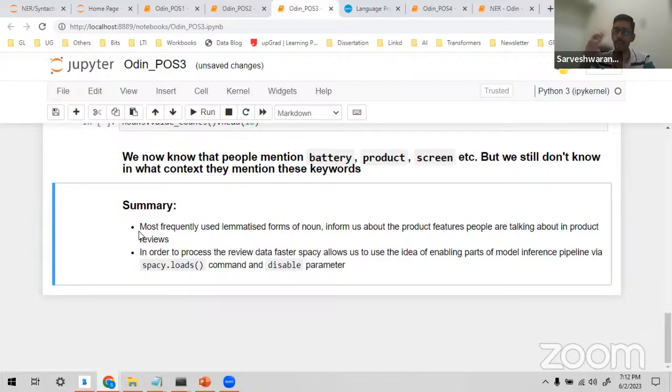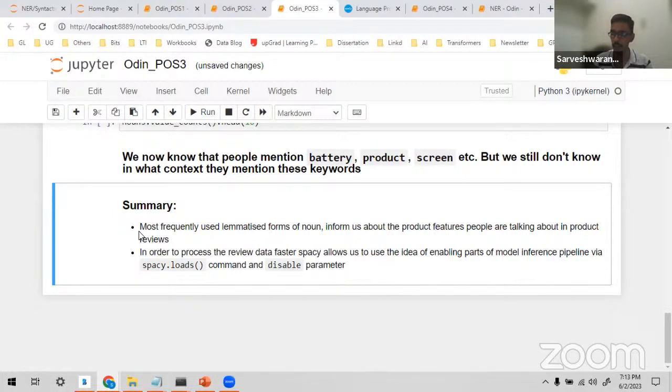So there is a different way when you write feedback. It's not proper grammar, right? We write whatever we want to write, exactly, right? So I want to do the pre-processing so that I make all the feedback uniform, right? I write it in my own way, my own slang, right? The people in the US write in their own slang. The people in the UK write in their own slang, right? These products have an international market, right? So I need to convert them to the root form, normalize, right?